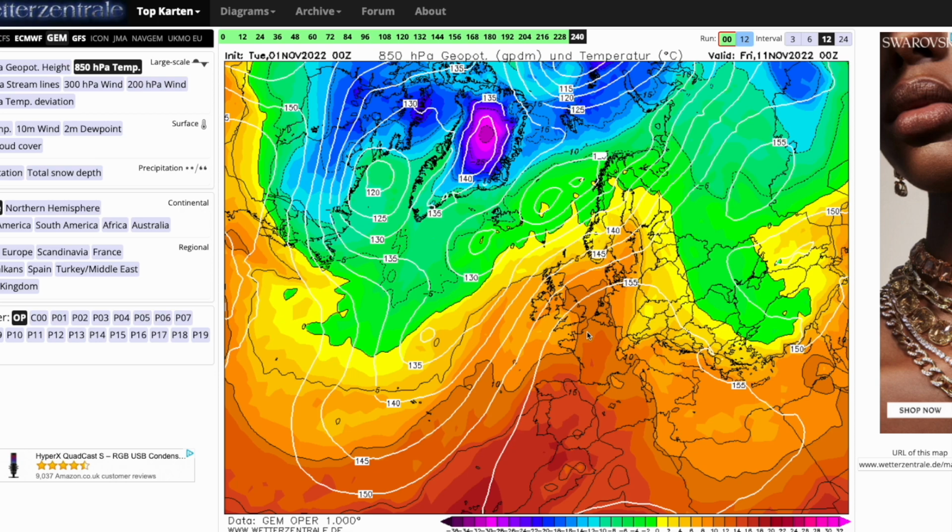So perhaps, could that be happening on the GEM as well today? Again, just got to keep an eye on it. For the time being, though, the next 10 days does look very mild and very unsettled in general. This would actually go drier at day 10 with high pressure building in, but would be on that mild side as well. But if we did develop that blocking at day 14, day 15,